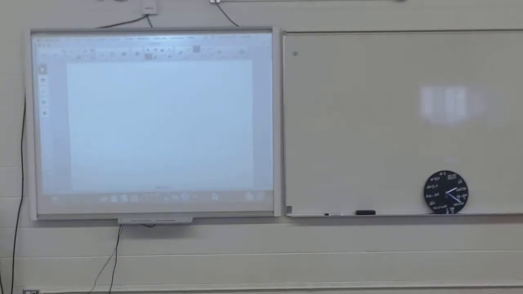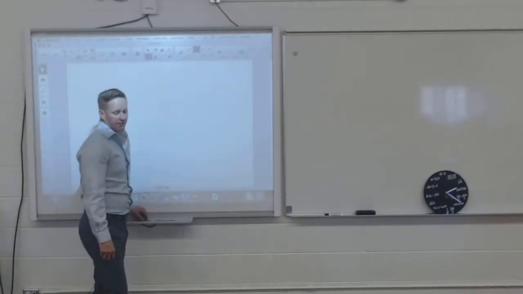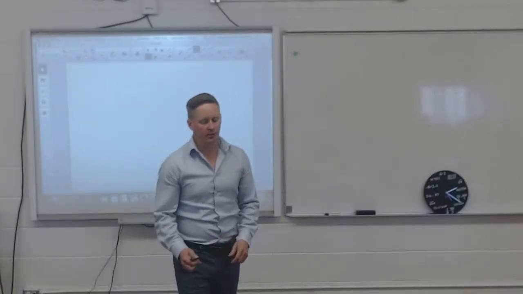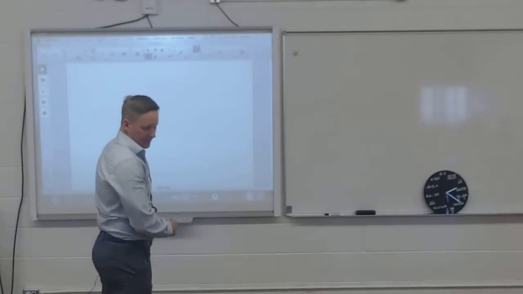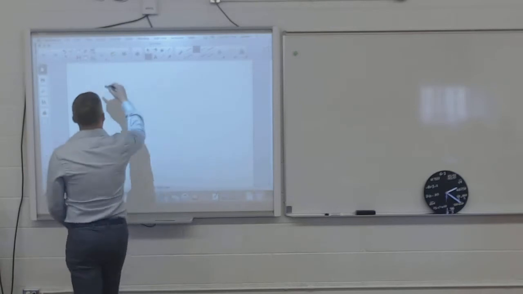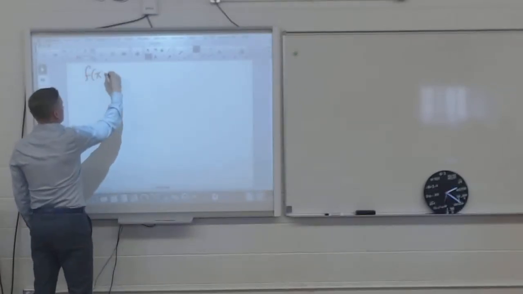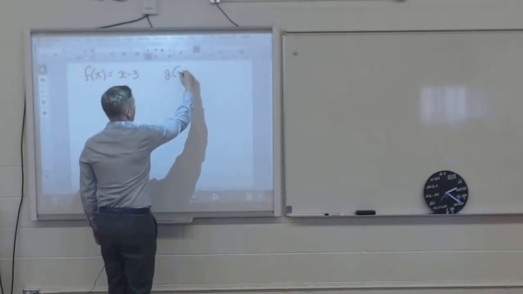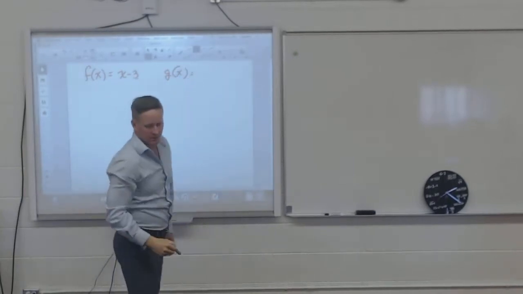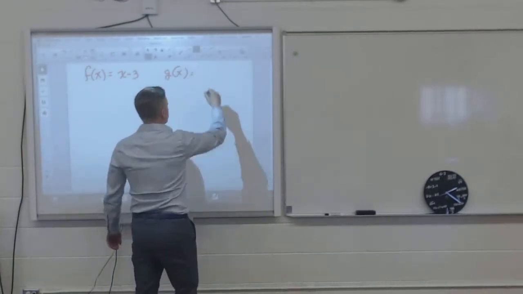We've already done when you add two graphs together or subtract two graphs. Now we're going to do it where you multiply and divide the two graphs. So I'm on page 336. I got f of x equals x minus 3. g of x is equal to x squared minus 8x